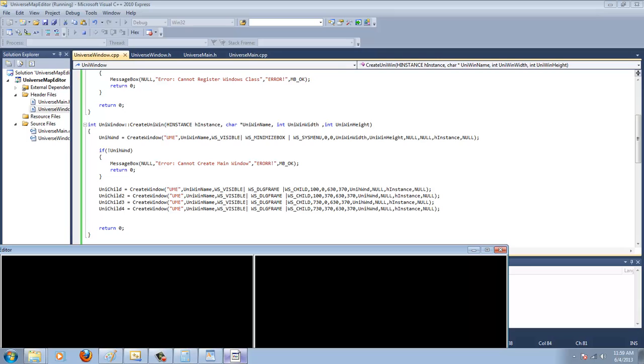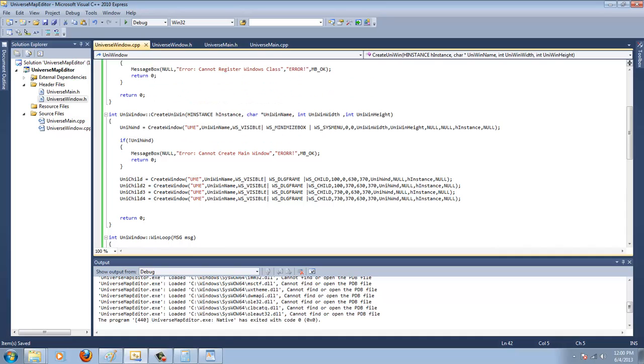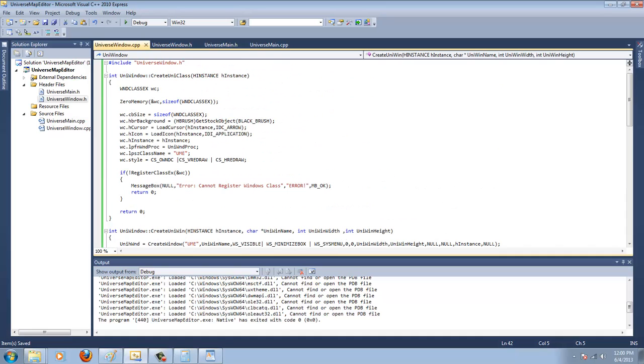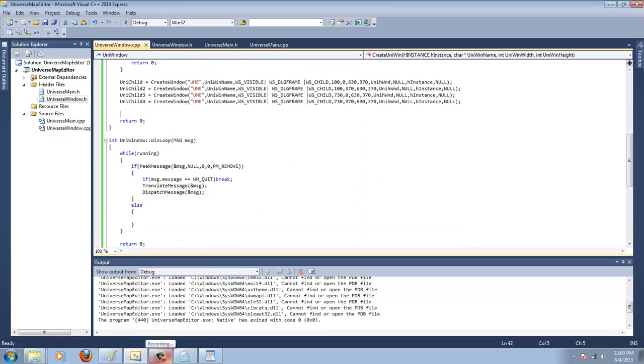So 100 on the X, 370 down, so it's not overlapping with this window, and these ones are all 730 because this window is with the 730, so you don't want it to overlap, so you start at 730, then draw the windows. And yeah, so now that we got that working,